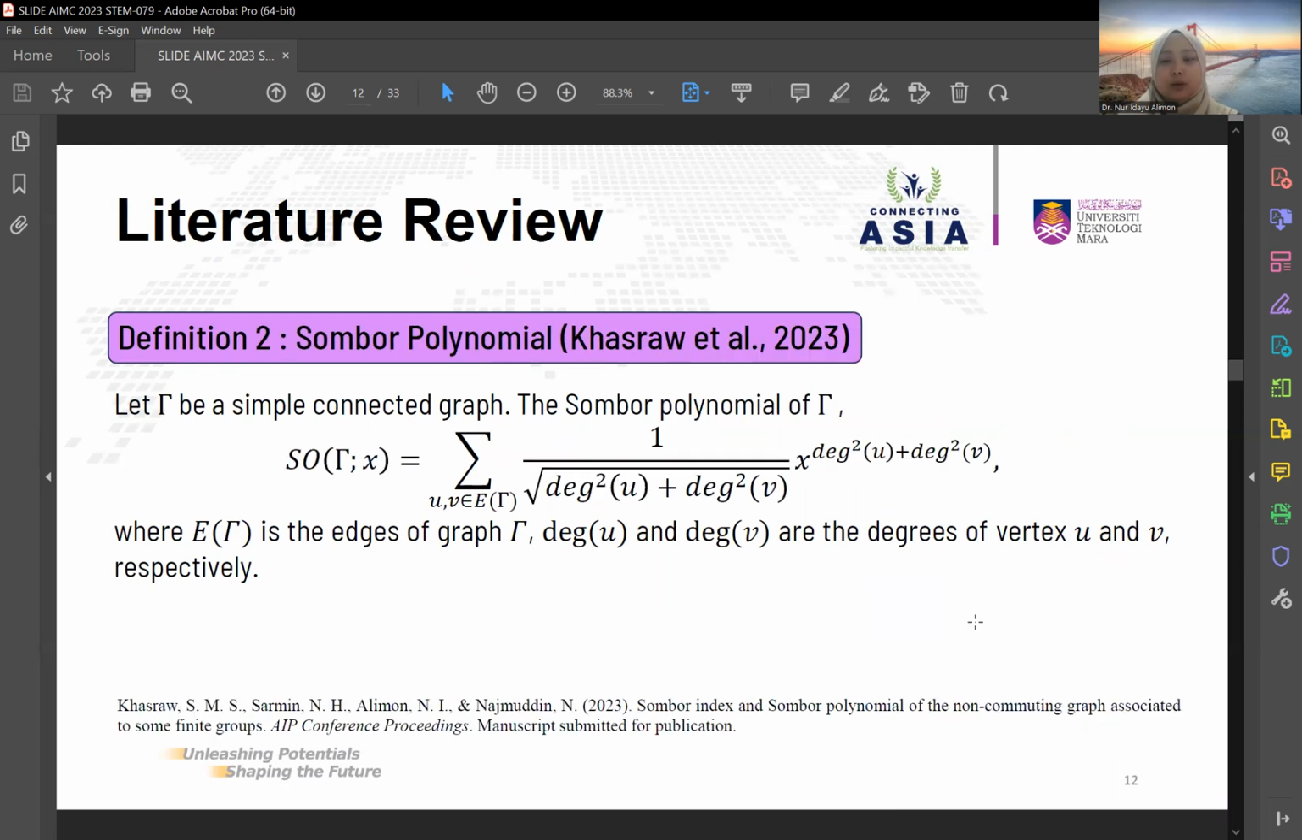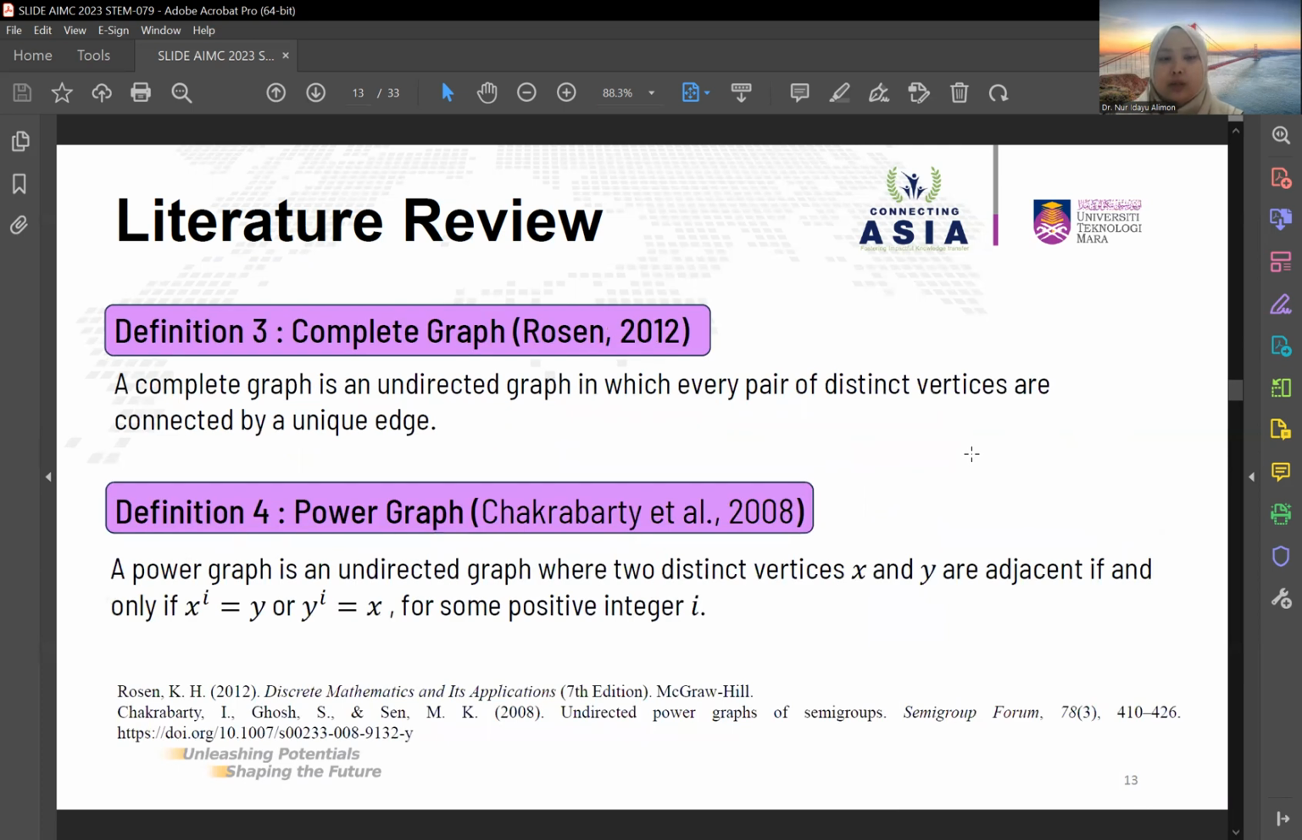Okay, same goes for the Sombor polynomial, but the difference is we have x to the power of degree squared U plus degree squared V here. So x to the power of an integer, because degree squared U is an integer and degree squared V is also an integer. So we need to know what a complete graph is, because the generalized power graph for 3 types of groups include